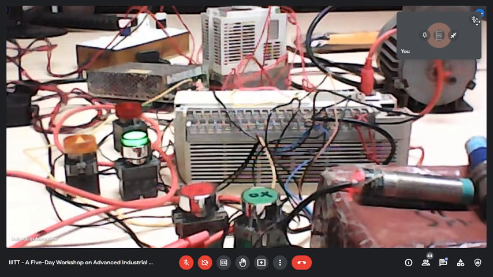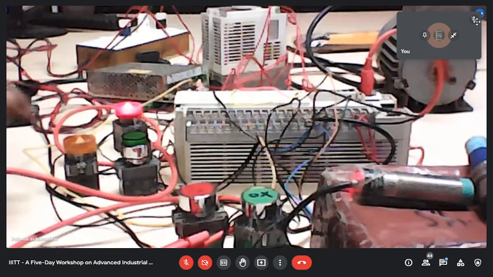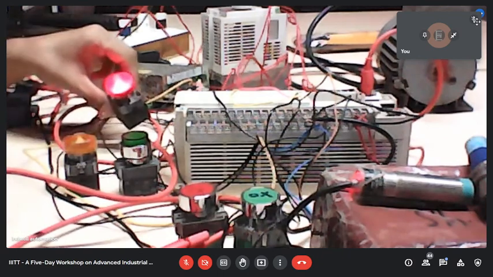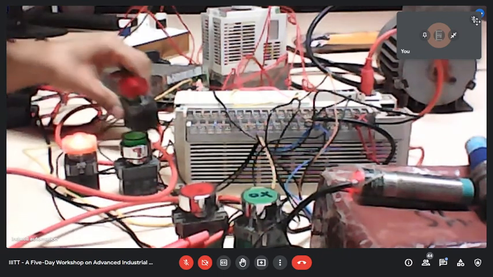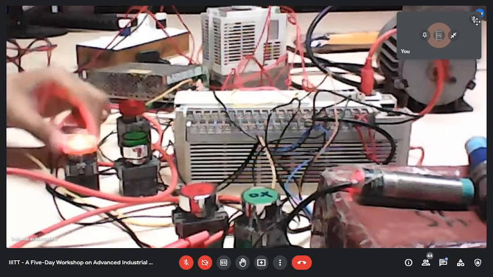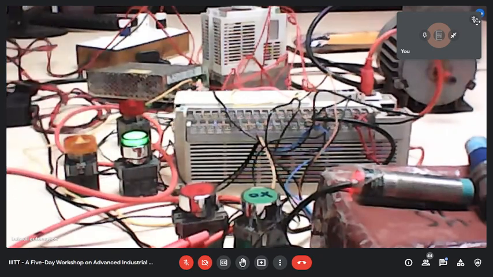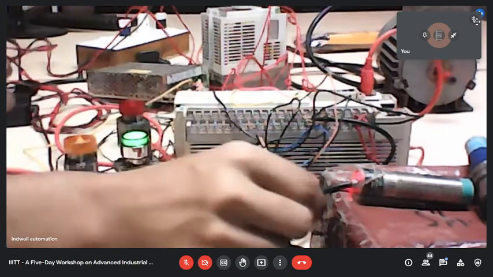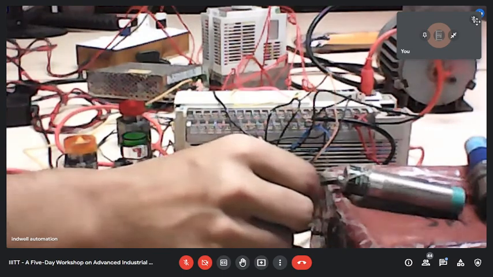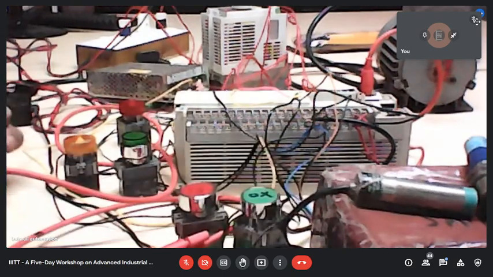Now you are not able to see it. Reverse direction. Now again you see this red lamp is on. Process repeats. Then the yellow lamp is on. And again your motor has been running. If the sensor is moved, you see. If the sensor is moved from its position, as per our logic, it will be off.